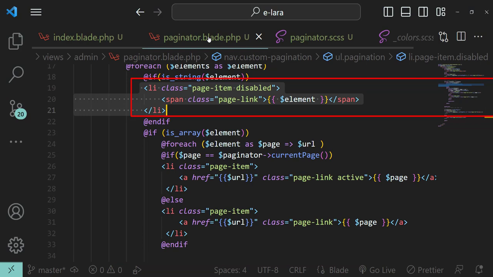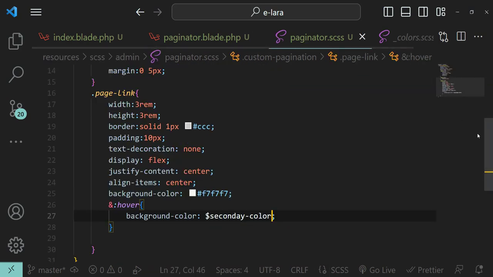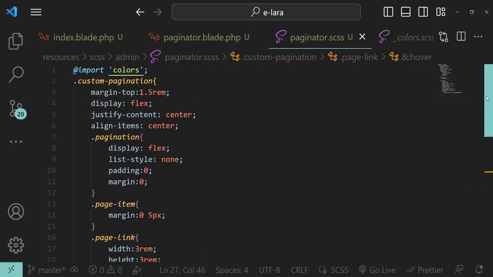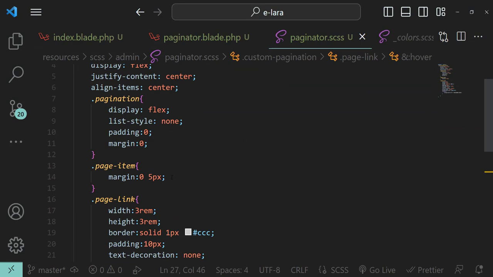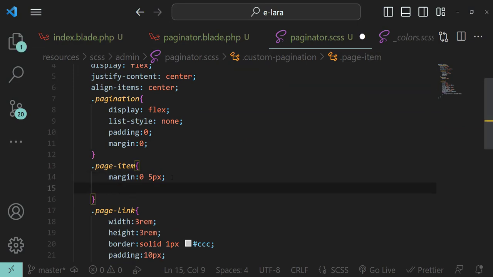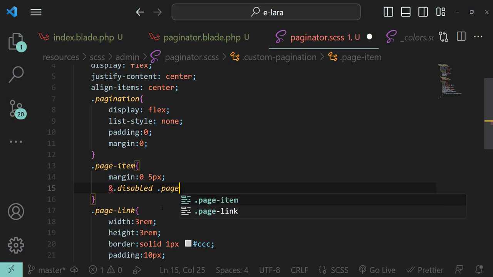To do that, we are going up to this page item. Over here we have to say parent, that is this page item, when it has another class, dot disabled. In that case, define properties for page link,